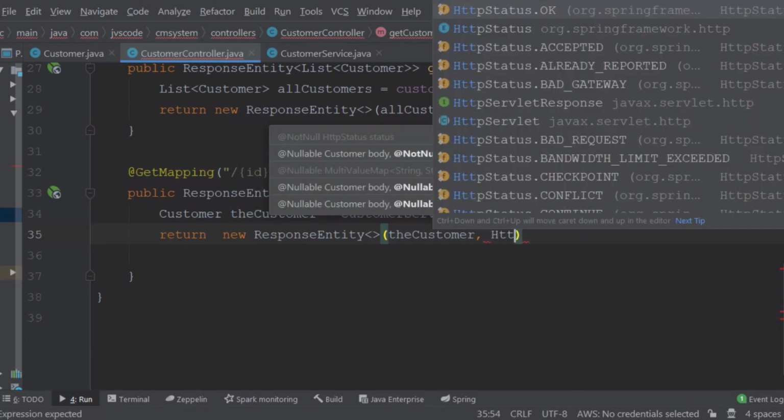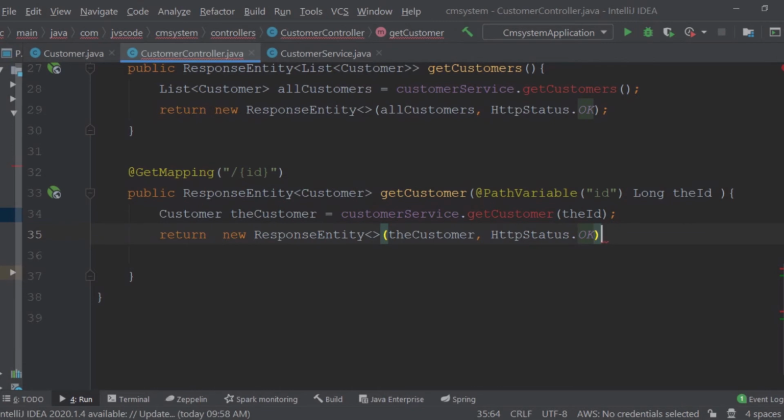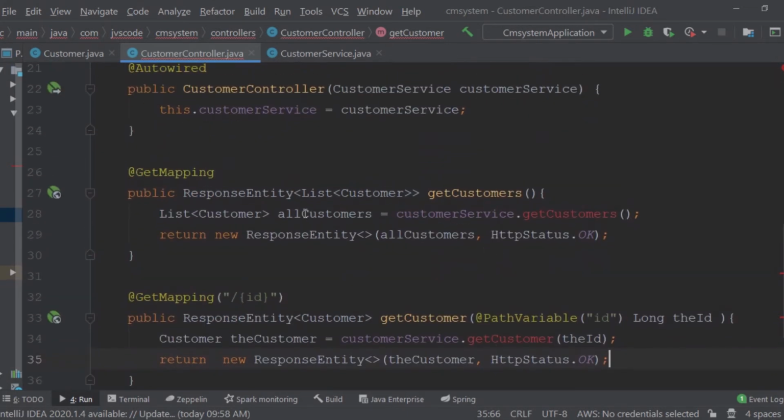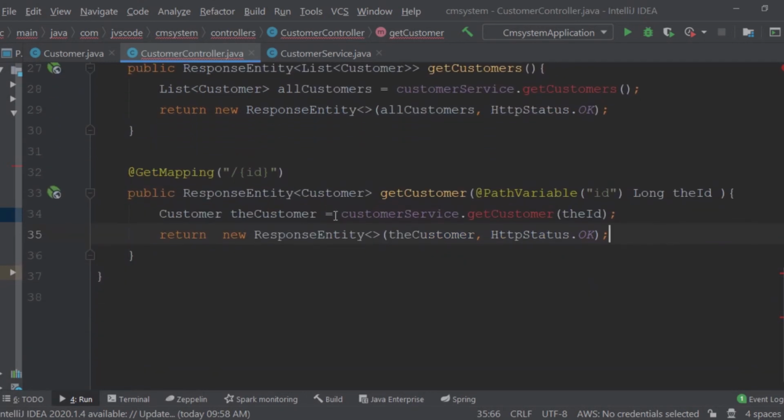HTTP status okay. If everything goes well, we are going to have this status okay here. So now we have gotten a method for listing the customers and one to get a single customer. So now we are going to have a method